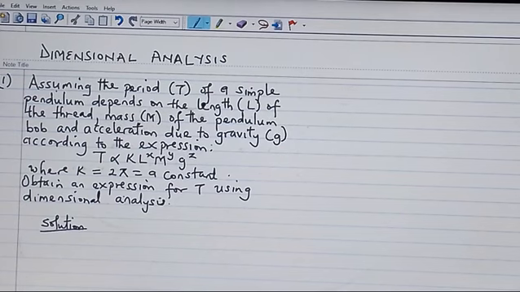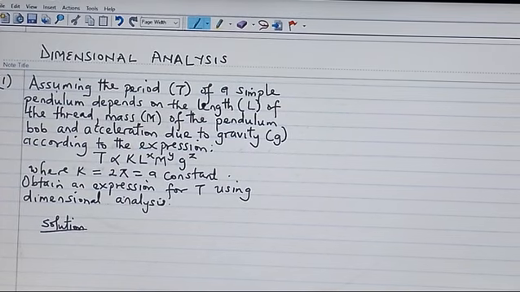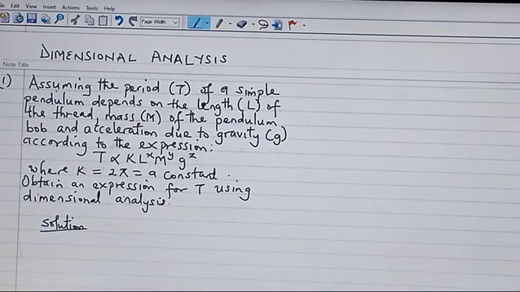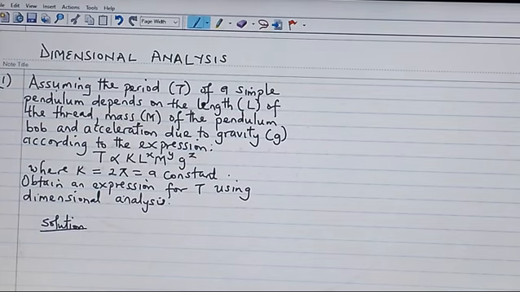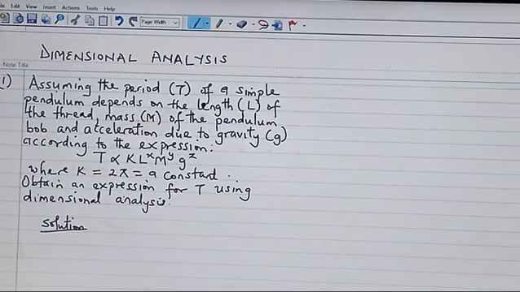So now we want to check how we can use dimensional analysis to obtain a relationship between different physical quantities. From my previous lectures, we talked about dimensions, introduced it. Then we looked at how we can get the dimension of different physical quantities. We also checked how we can use dimension to see or ascertain if an equation is correct or not. This particular lecture series will look at how we can use dimensional analysis to obtain a relationship between different physical